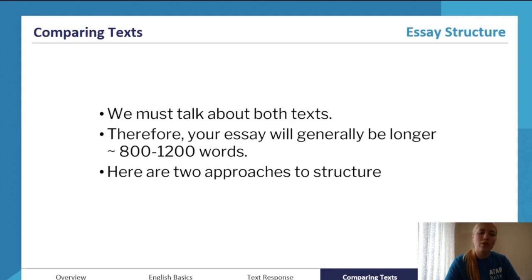So you have to talk about both texts, and generally, this section, as a result, tends to be longer, often about 800 to 1200 words for students, and this is normal. The recommended amount that I would give is more than 1,000 words, and I know that that is a lot, guys. What I used to do is I used to give myself 70 minutes for this section for that reason. Because I found that if I wanted to write a really substantial, really strong essay here, I did need and want a little bit more time.